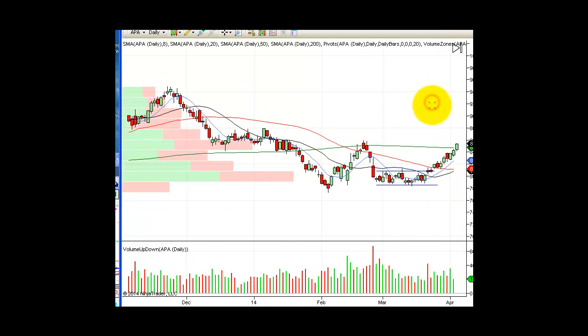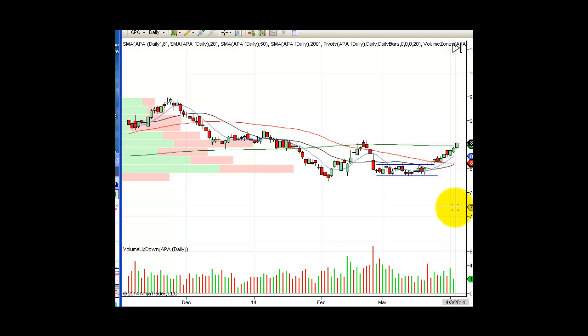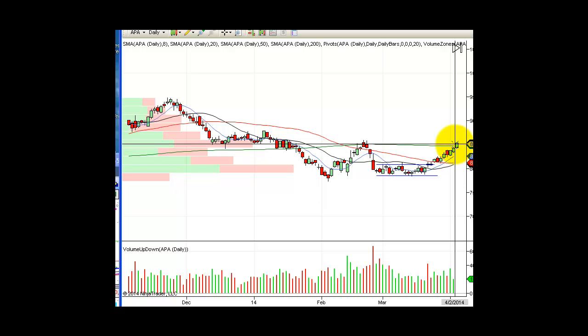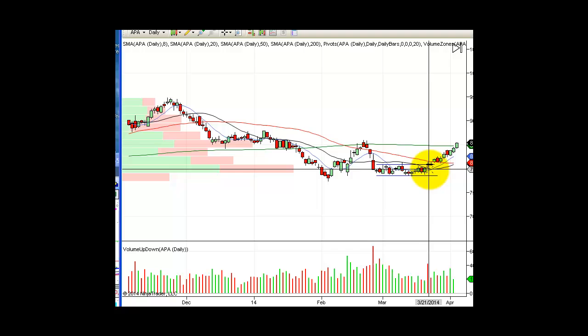Here's Apache I mentioned the other day. Now, it was underneath the 200. We broke out of it yesterday, and now we're coming into non-farm payroll. So I like to see these bases. This is beautiful here, and this is ideal. And we had